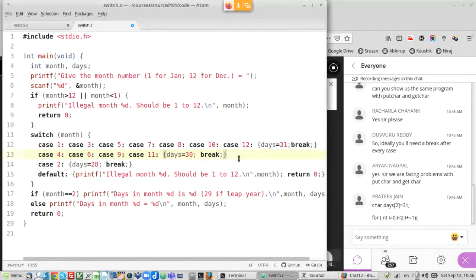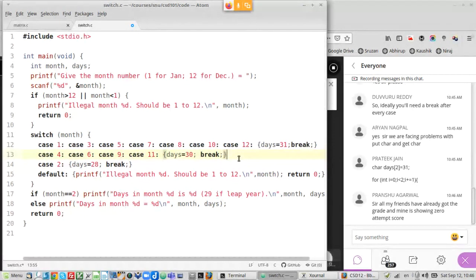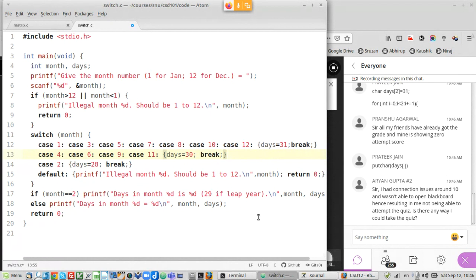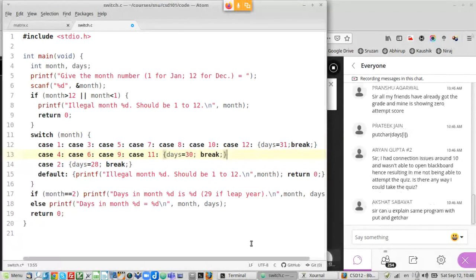So this advantage is something that becomes useful, and so the cascading behavior is the default. Okay, so this is the case statement, and we are going to use it now in a different setting.